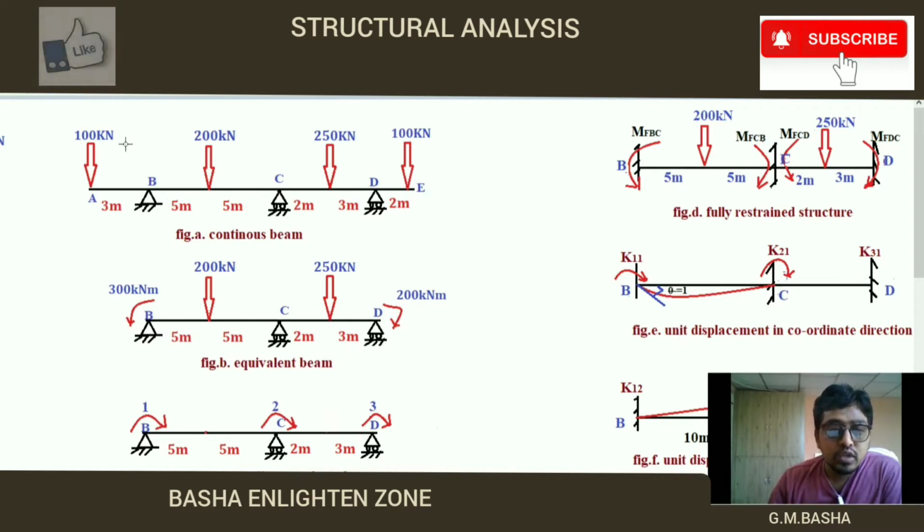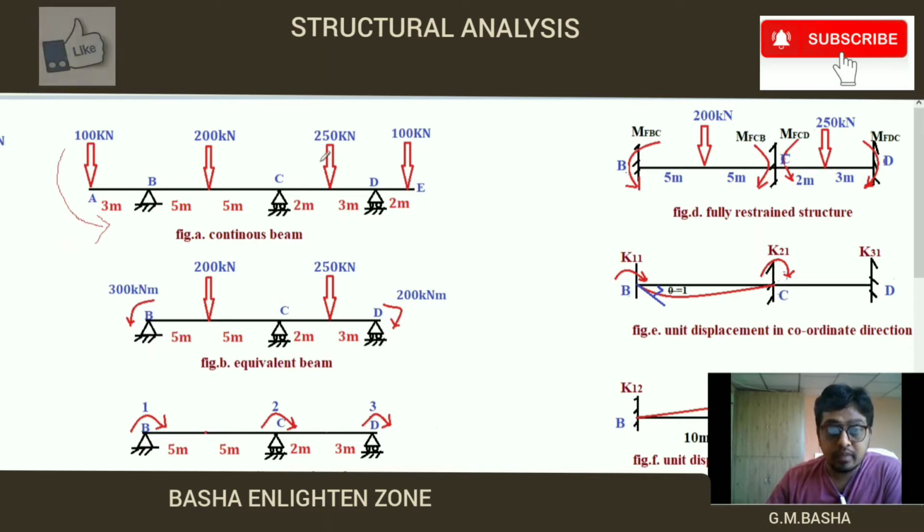So this is the force, 100 kilonewton at a distance of 3 meters from B. So it will be acting towards B like this, which is in the form of anti-clockwise. This force into distance, this force will be acting towards B like this. So therefore I am removing this overhanging portion and replacing it with 300 kilonewton meter at B, which is in the